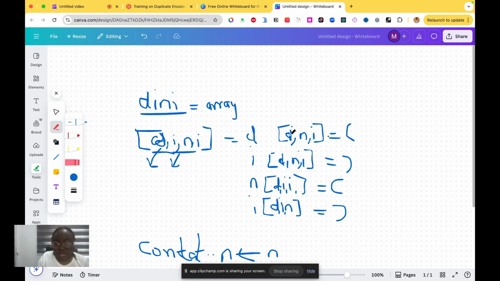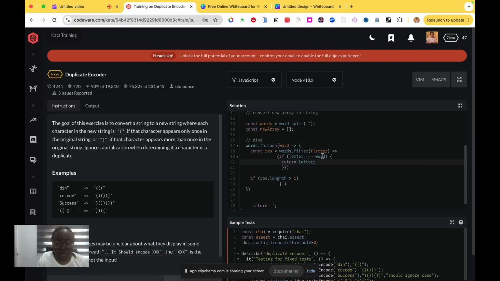In this case, D is still going to be part of the array, I is still going to be part of the array, N is still going to be part of the array, I is still going to be part of the array. So when we are checking if D exists in words, yes, it will return just once, especially if it happens once. But if it's for I, it will return twice. So if there are no duplicates, there'll be one instance. If there are duplicates, there'll be more than one instance. That's why we're saying if the length is greater than 1. If the length is just 1, we only have one D, so there are no duplicates. So if there are duplicates, we will push, that is add to our new array,